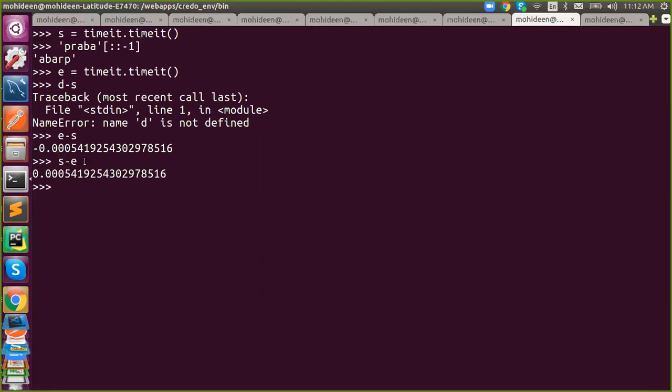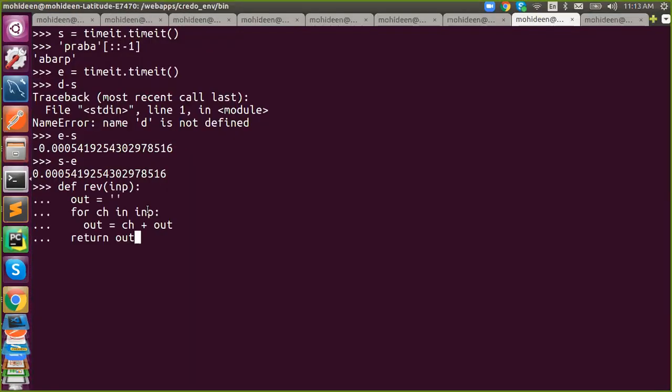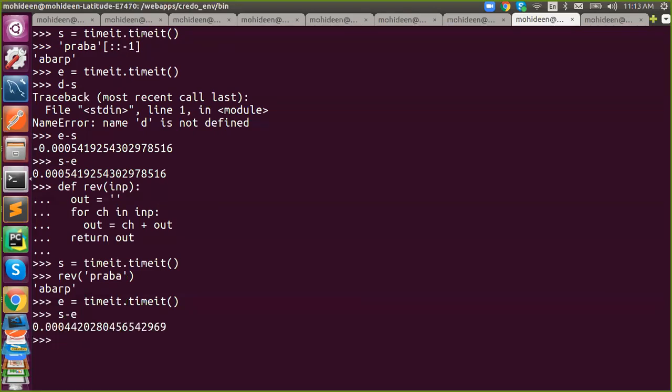This is the execution time for this method. Similarly, we can use this for the other function. So we will find out which took more time. We'll easily identify which took more time.